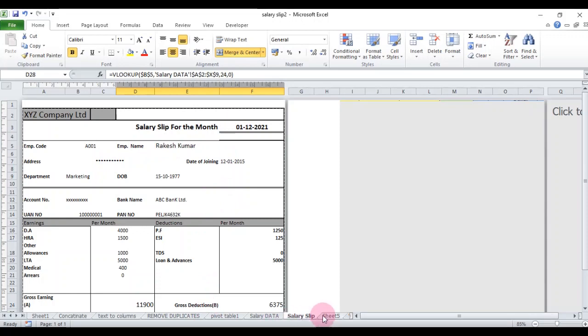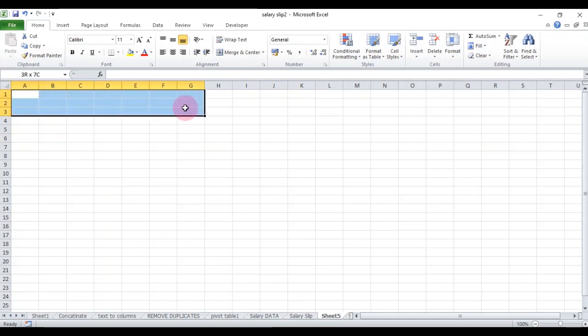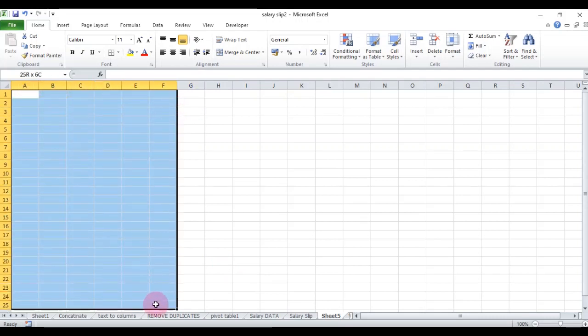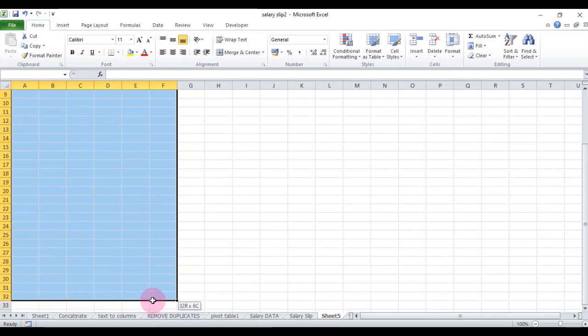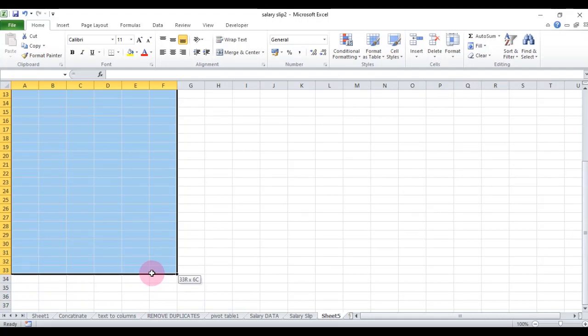You have to choose a new sheet. Here you can select rows and columns. I require 34 rows, so we can select from column A to column F, A2 to F34.